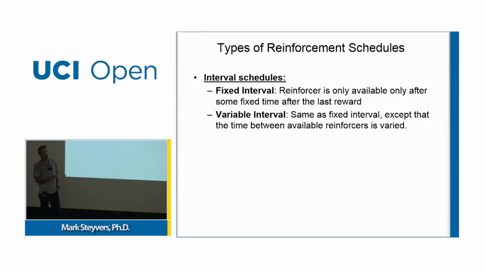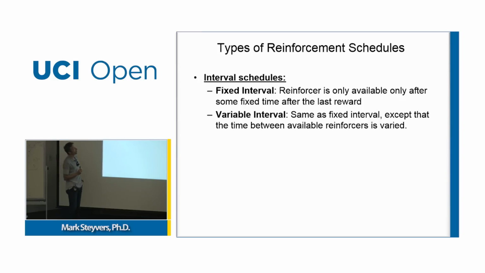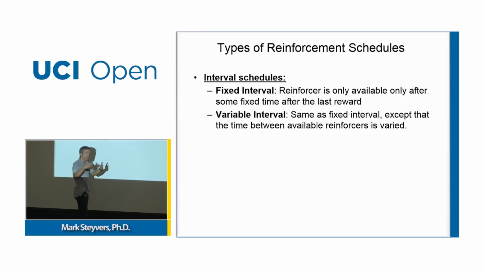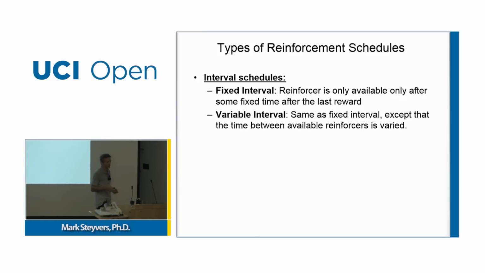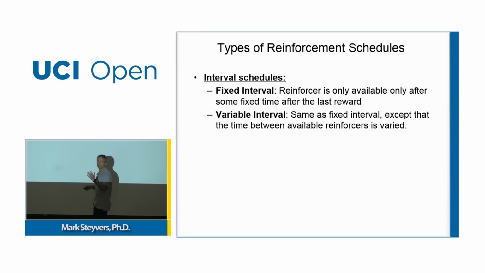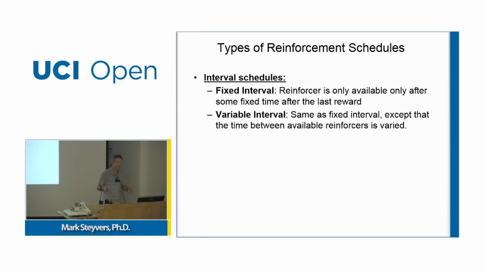Now, on the other hand, if you have a variable interval schedule, then it's unpredictable exactly when the potential for reward arises. Again, you still have to do something to get the reward. And so on average, it might be after 1 hour or 1 year or some average amount of time, and sometimes it arrives more quickly than other times. For example, with radio reward programs, they might give away free tickets after an hour, but if you call in at the right time, it might happen after half an hour or 2 hours, whatever.